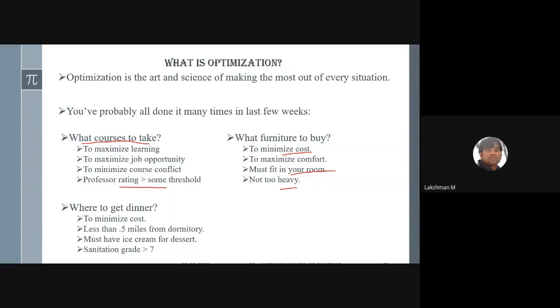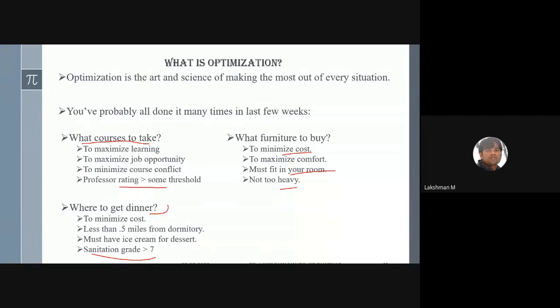It is less than 0.5 mile from your dormitory or room. Also, after having dinner, you will look for dessert, like whether ice cream is there or not. And also you would look to see whether sanitation is good. If it is not properly clean, then you would not like to go there. So these are the constraints, and this is the objective you want to fulfill.